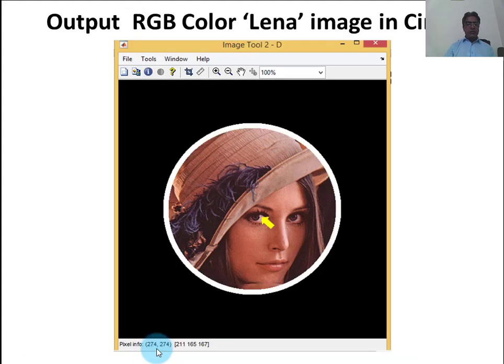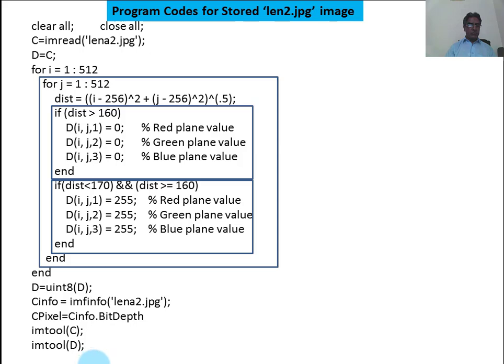Here, this is the output of the last command, imtool D, which we have created using these two loops. That is, we have left the circle value of the linear image as it is, and outside of the circle we have created a white circle, and outside of that white circle, in all the area, we have stored the zero value in those pixels.